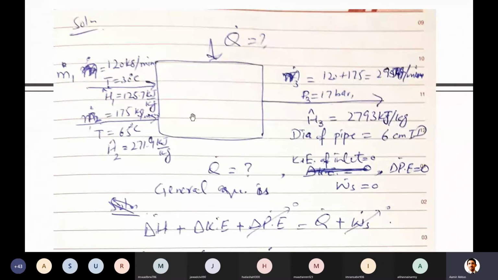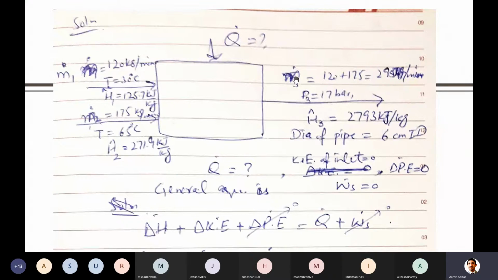So just look. Overall, in this system, two streams are getting in and one is leaving. This is a boiler in which two water streams enter and one saturated steam stream leaves the system. I have marked for one stream the flow rate, temperature, as well as enthalpy, which was given in the question. As well for the second stream, flow rate, enthalpy, and temperature.